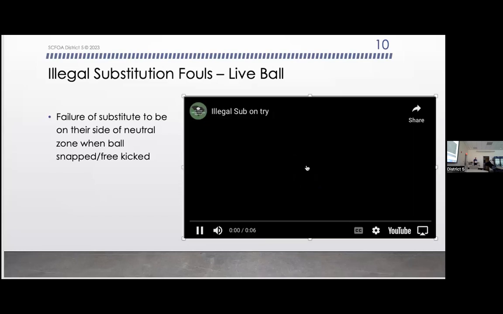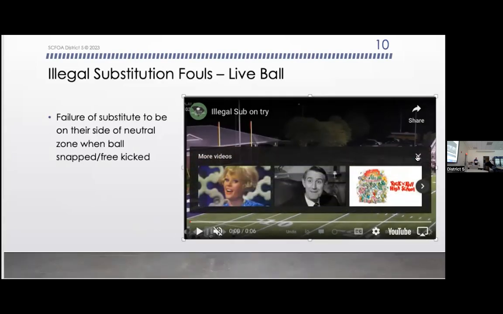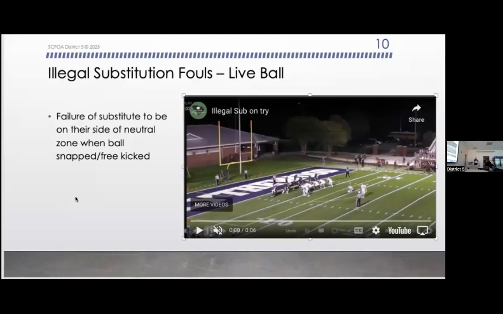Some other live ball legal substitution fouls. So, failure of a substitute to be on their side of the neutral zone when the ball is snapped for a free kick. So again, when does a substitute become a player? Formation. Communication. So,